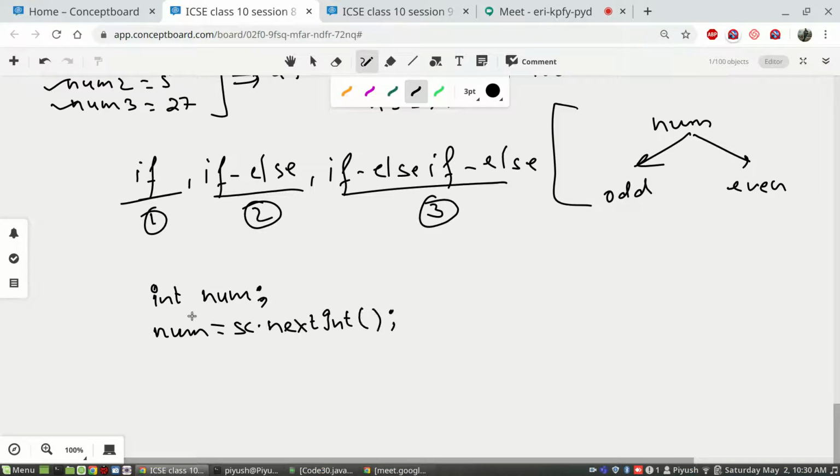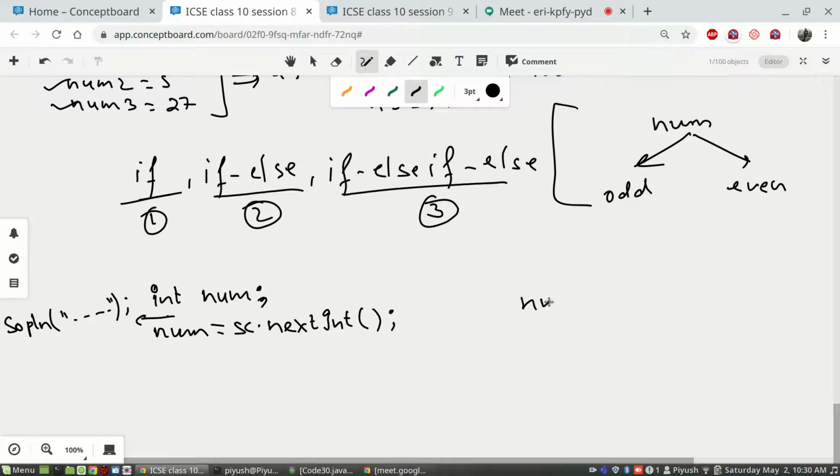Of course, you'll give a SOPLN here: Please enter a number, so that the screen is not blank and blinking, and the person executing the program does not get confused about what to do. Before taking any outside input, you should always make a habit of leaving a message. Then once you have got the number, you will check. How will you check if a number is odd or even?